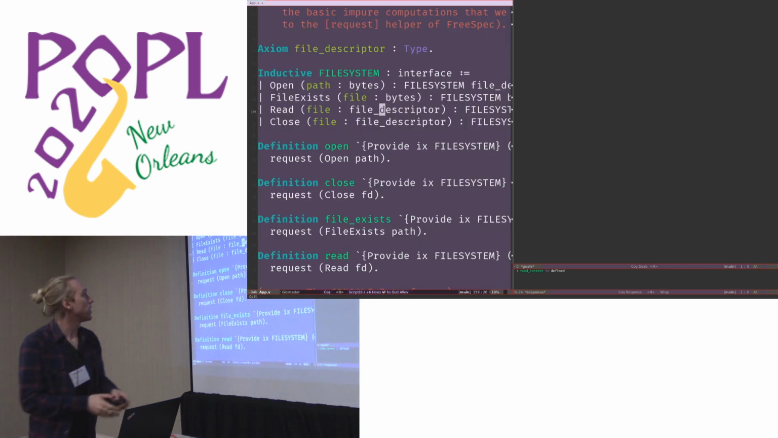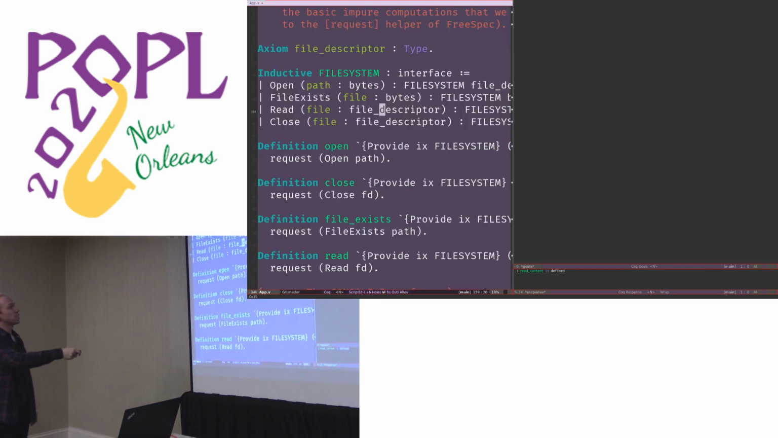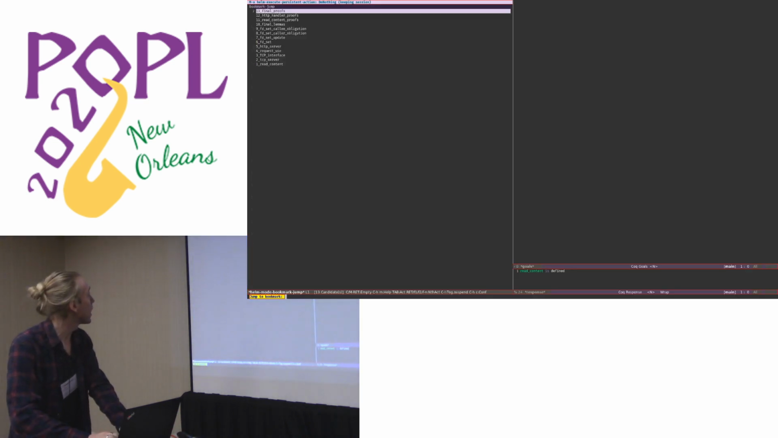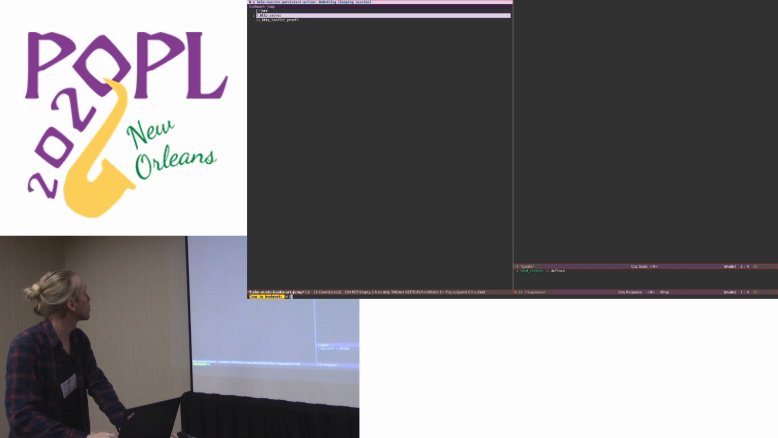And once you have these interfaces, you can define impure computation using a helper which is called request, which basically asks for the primitive to be resolved, waits for the result, and returns the result. And then you can combine these small functions with the monadic let operator. So once you have done that, you can start to implement other stuff. For instance,